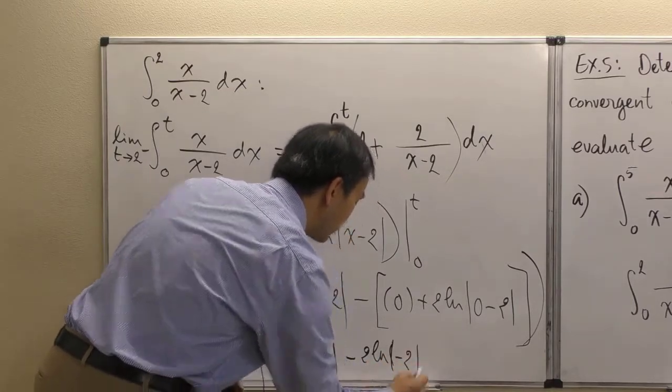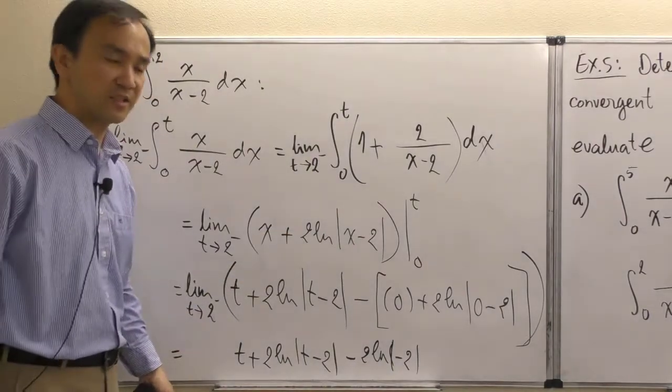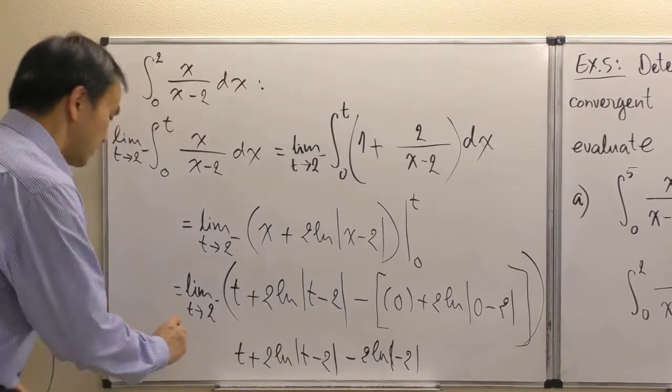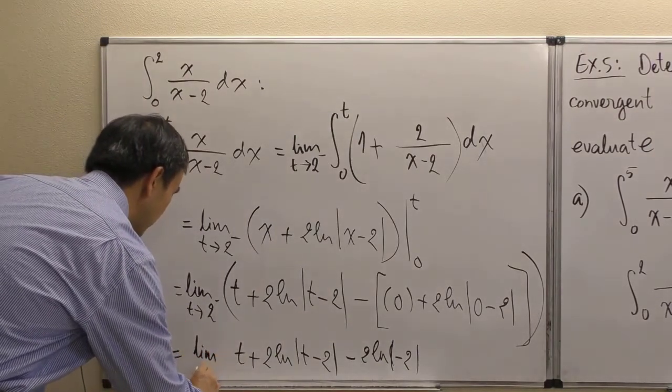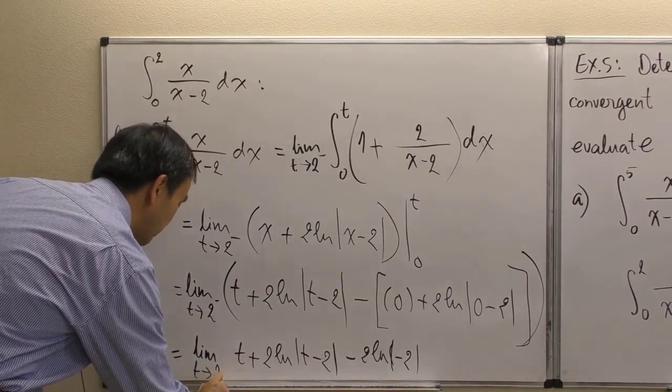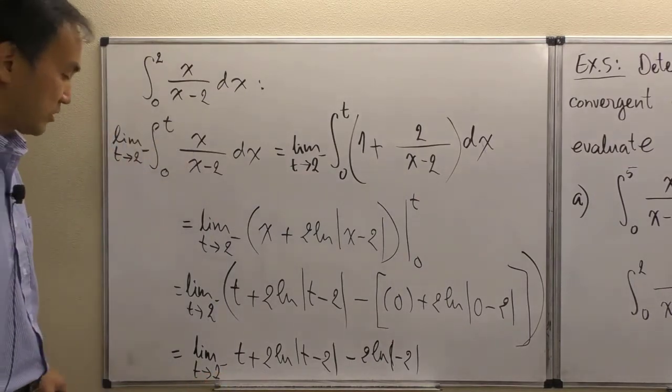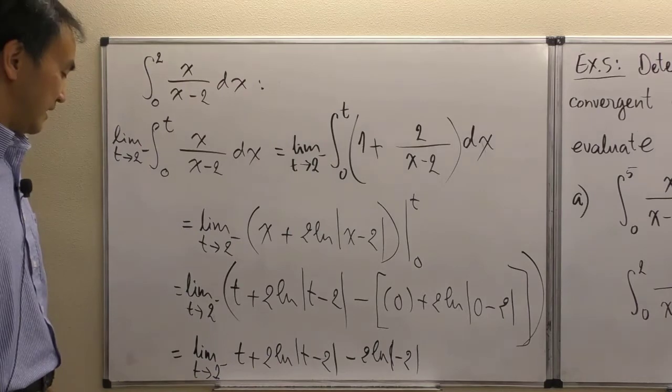Okay, but in absolute value, which is eventually the same as natural log of positive 2 anyway. So it's a constant value. So now taking the limit as t getting closer to 2, but from the left-hand side. Okay, t is getting closer to 2 from the left-hand side. And so now,